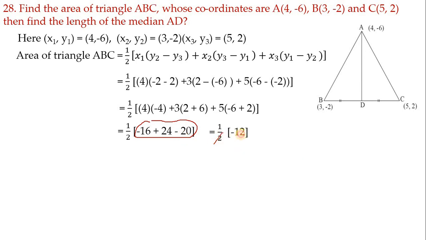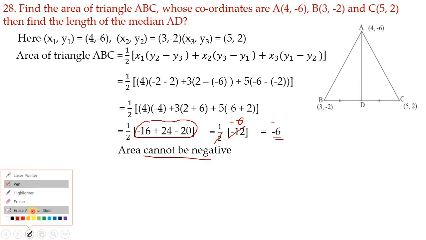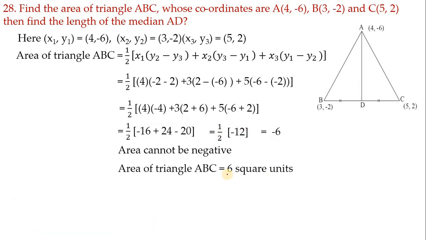Now here we can cancel the 2 and the 2 sixes. Minus 6 we will get, because here there is a minus. So hence we'll get minus 6 square units. After minus 6 you write square units, children, because we have found area. And area cannot be negative, hence we have to consider only positive 6. I have written here 6 square units. Now we have found the area of this triangle.